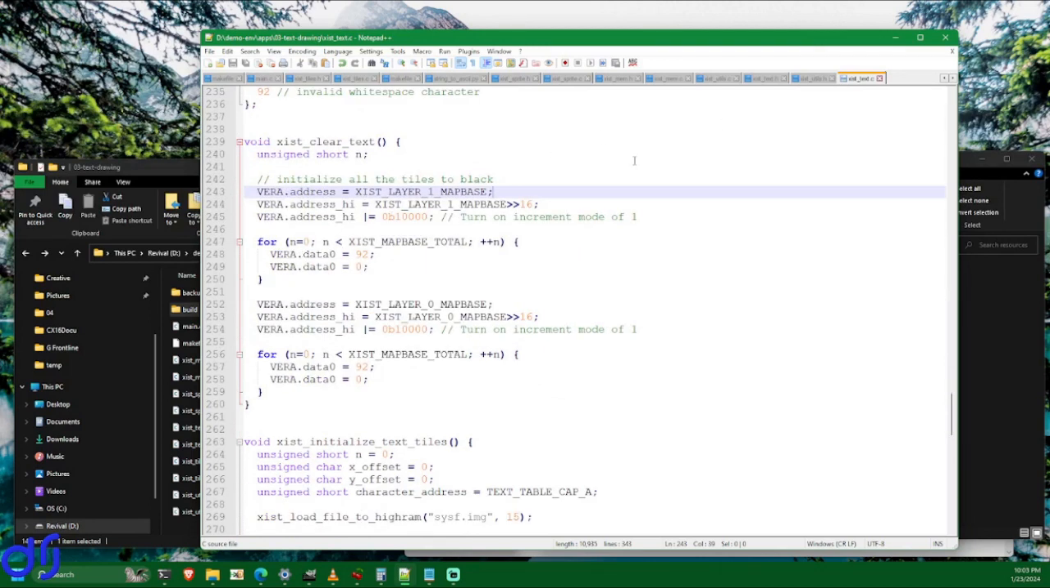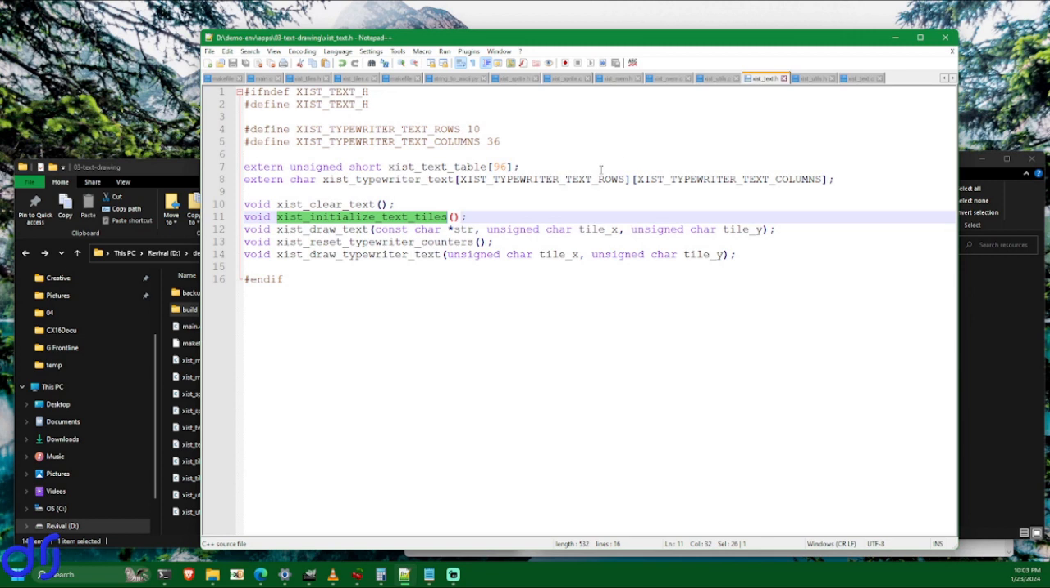But anyway, moving on from there, let's go ahead and look at the rest of our function signatures. So we just call initialize text tiles during the setup of our program to get all of the glyphs into memory. Exists draw text is what you'll call to draw a particular string in a particular location on